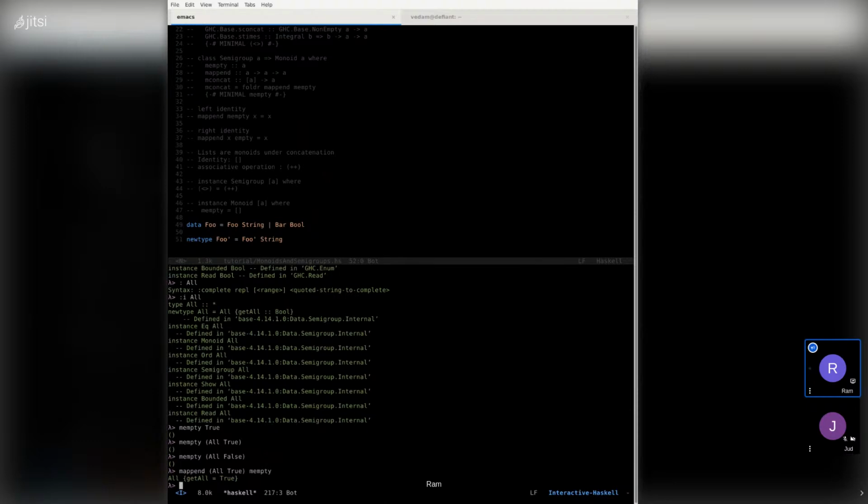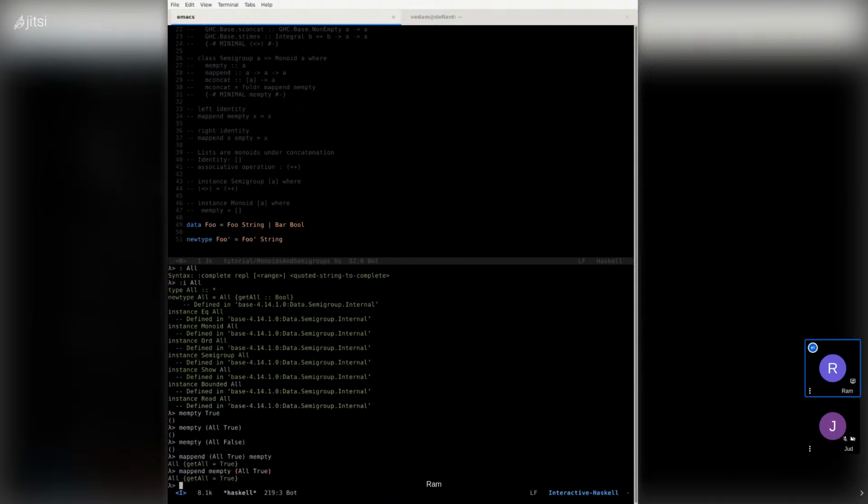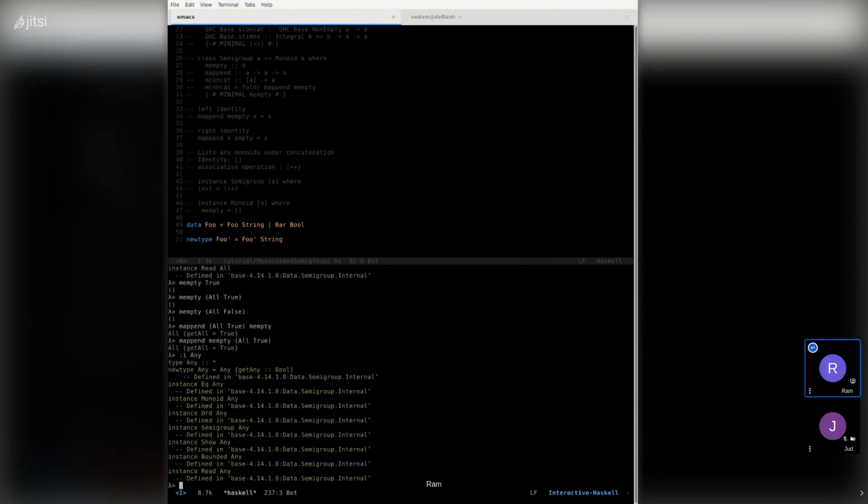So we can leverage this to start out with the same value, and it'll give us the same thing. Like if we apply mappend on mempty and All True here as well, you see that it has a left identity and right identity. So let's see this All. All is used for conjunctions, and Any is used for disjunctions, right? Yeah, Any is used for disjunctions.